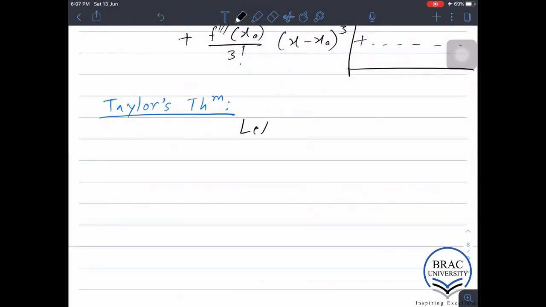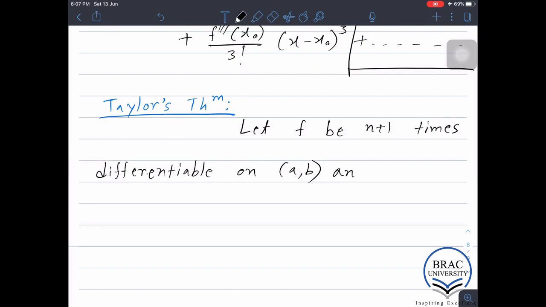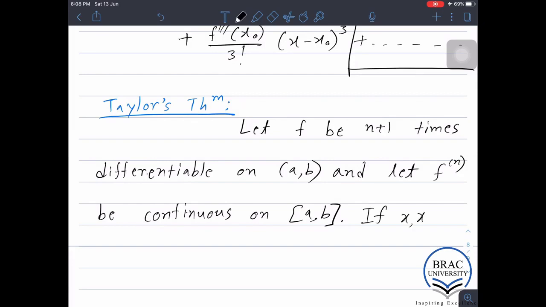So let f be n plus 1 times differentiable on the interval a to b, and let f^(n), I mean the nth derivative, be continuous on a to b closed. If x, x0 belongs to a to b,